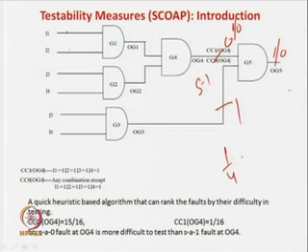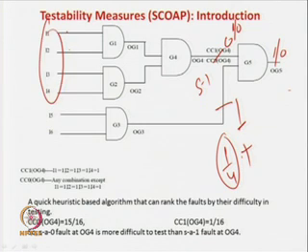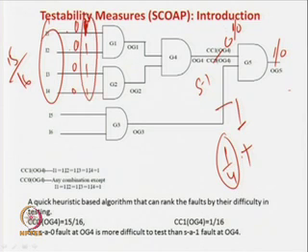It is 1 by 4, because this line has to be made a 1 which is similar, plus you have to make this net 0. So, again these 4 inputs are there. So, there are 16 combinations and 15 out of them, that is 0 0 0 0 to 0 1 1 1. Actually, except 1 1 1 1, which will give a 1, we want a 0. Except this combination, all other 15 combinations can give a 0 over here. So, you can say that the difficulty of controlling or how you can get the value is 15 by 16